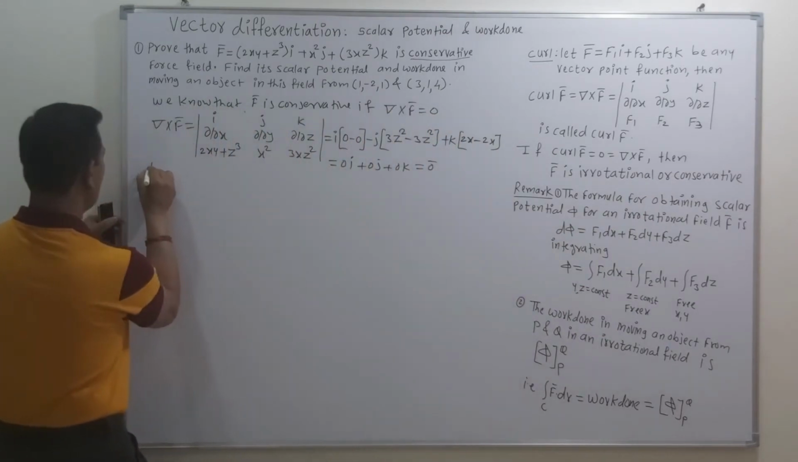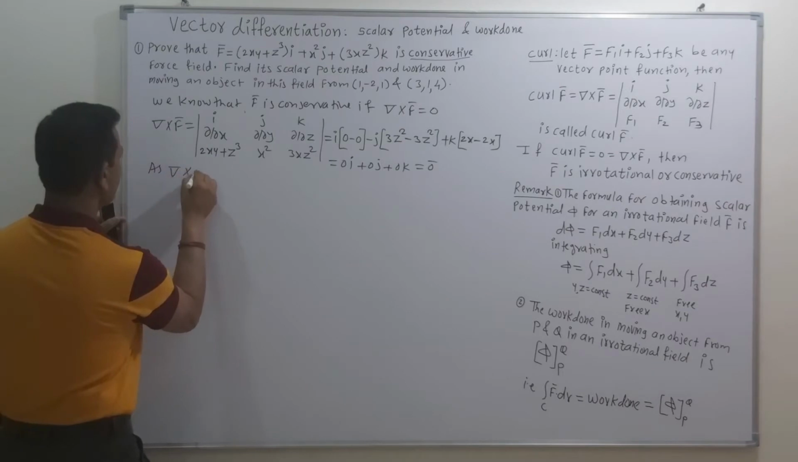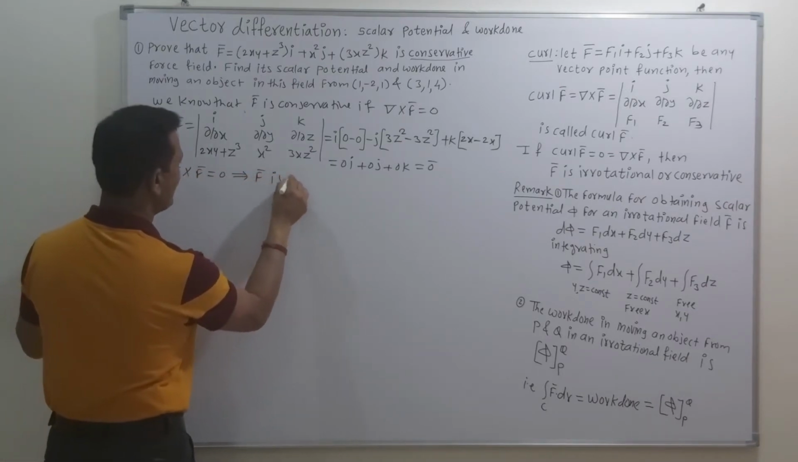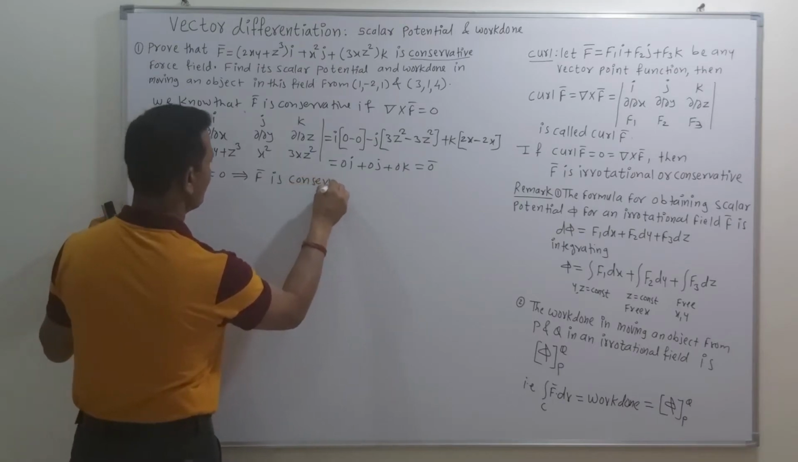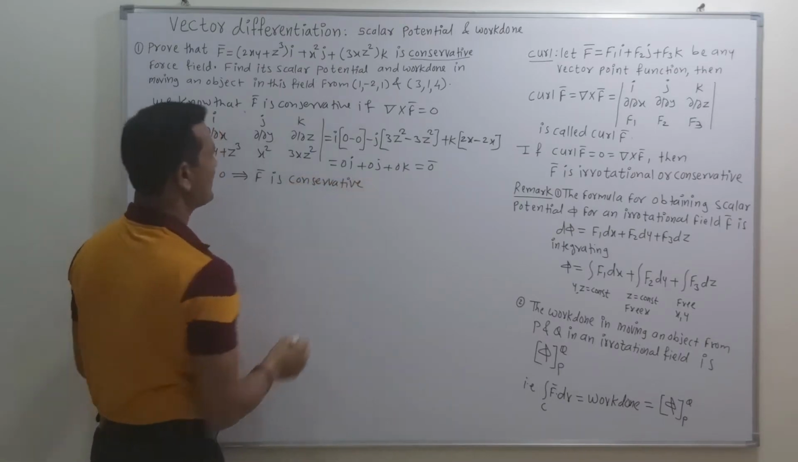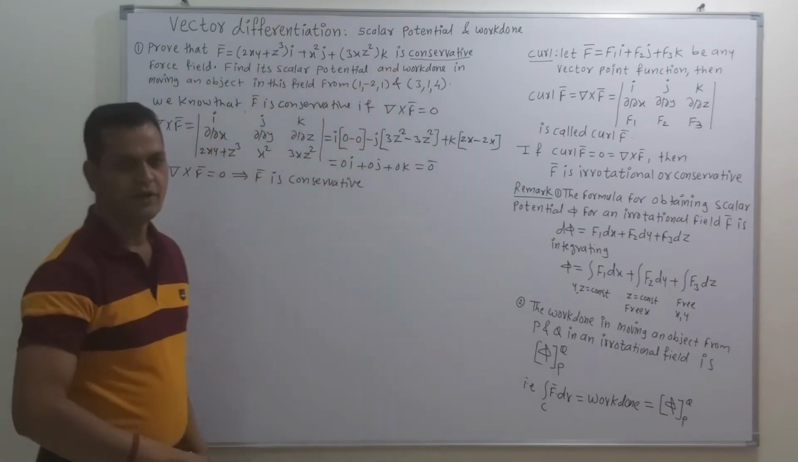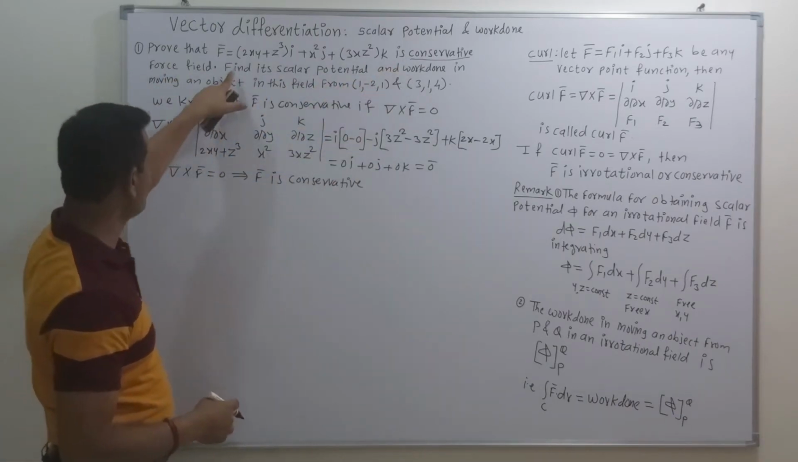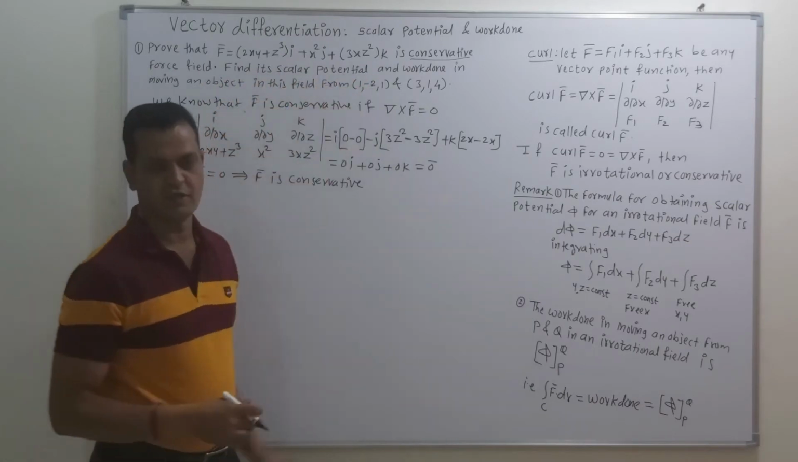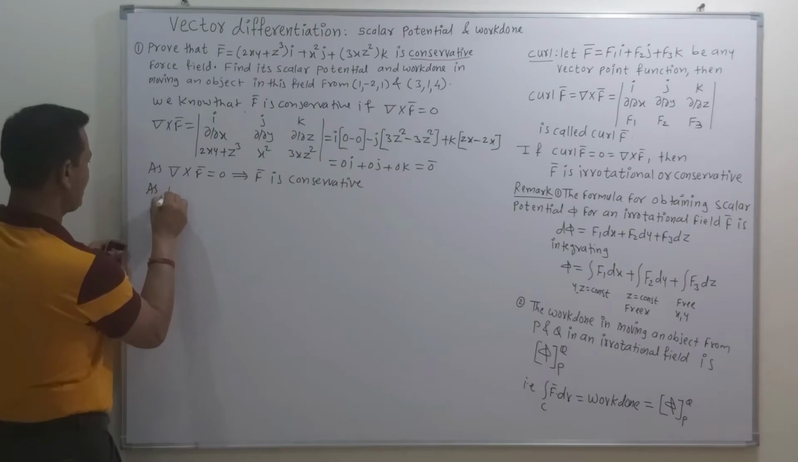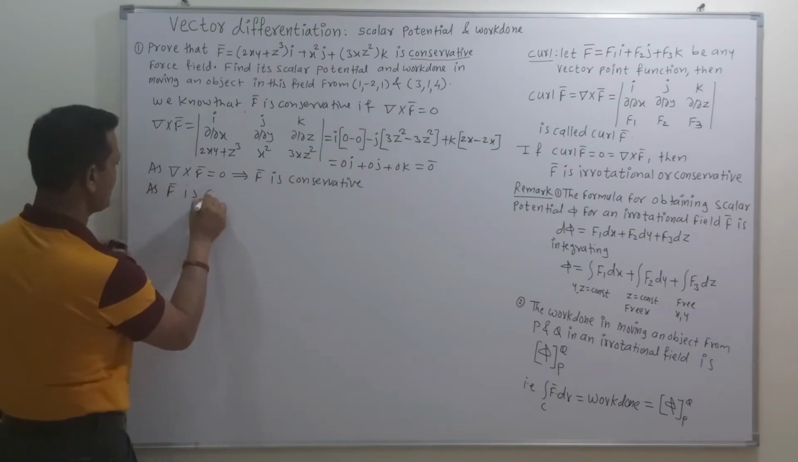So as the value of del cross f bar is equal to 0, this implies that f bar is conservative. So this is the answer related to the first question. Now friends, the second question is to find its scalar potential. So to find the scalar potential, as f bar is conservative,